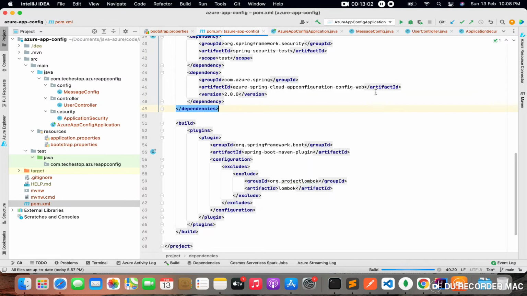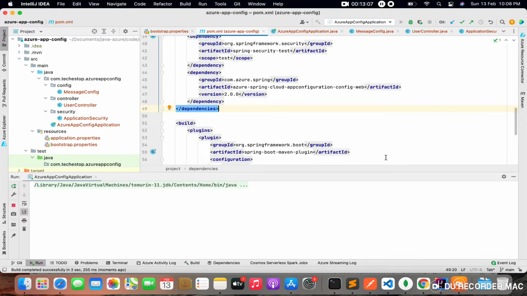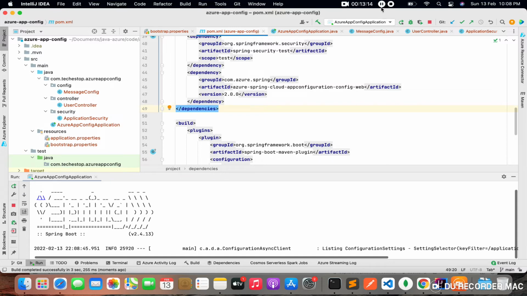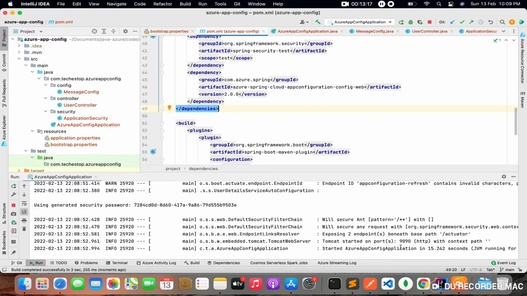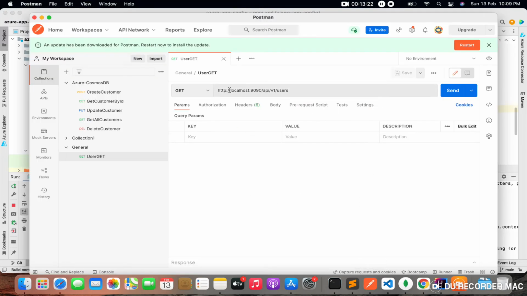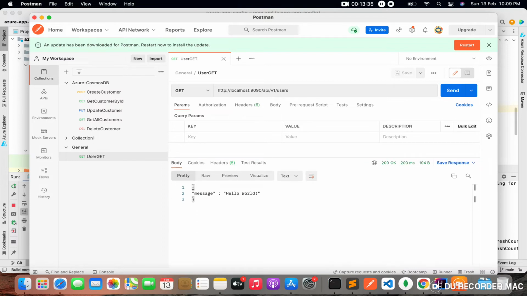So let's start the application now. I'll just pause it and come back when it has started. So now the application has started. Let me try to run it through Postman. So this is the endpoint. Let me try to run it. So if you see here, I'm able to access that message which is configured in the app configuration, which says